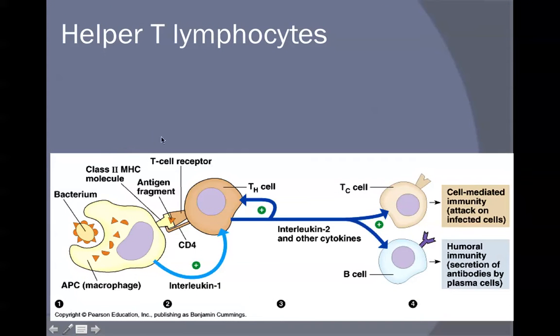All right, so let's start off with your helper T cells. Remember that their job is to basically sound the alarm for the immune system. A helper T cell often gets a signal that something's wrong from a macrophage. But if a helper T cell is interacting with a macrophage, and the macrophage is presenting an abnormal protein to the helper T cell, you don't want the helper T cell to kill the immune system cell. That would defeat the whole purpose of the generalized immune system. If the helper T cell was killing this macrophage, now there's nothing to do the phagocytosis,